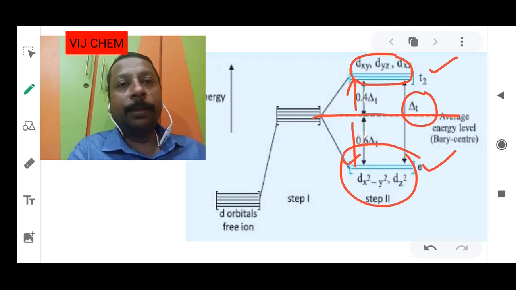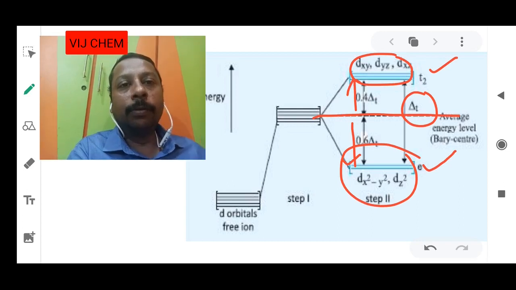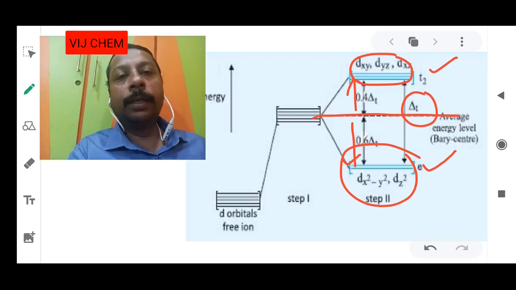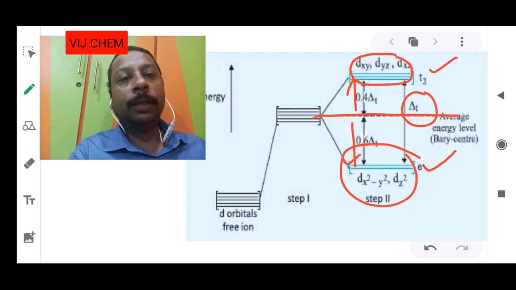What is the next topic? Square planar complex. Is it there in the syllabus? No, it is not there in the Mains, but it will come because it is taken over by NTA and it is part of CSIR, JRF and GATE. Okay, so if you know any person who is preparing for the GATE, CSIR, JRF exams, kindly inform them. So let's start and go to the next screen where we are going to study the square planar complex.